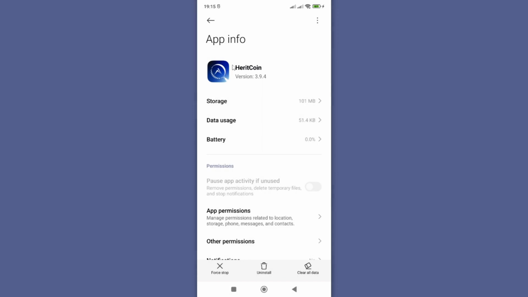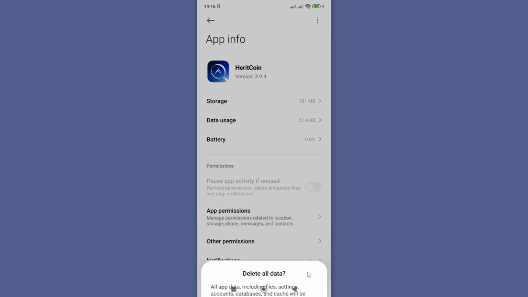In most cases, this works 100%, but should you still experience any challenge, then you need to go ahead and come back again to this app info page, and this time around, go ahead and tap on clear all data here, and then OK. But should this second method not work, then you need to go to the third method,